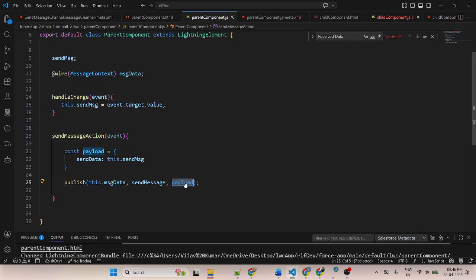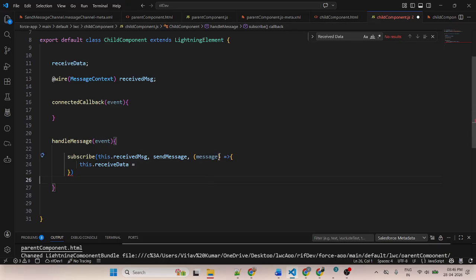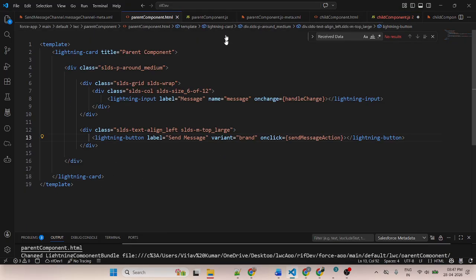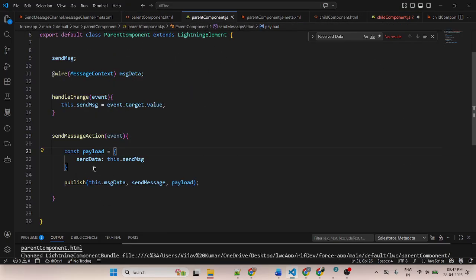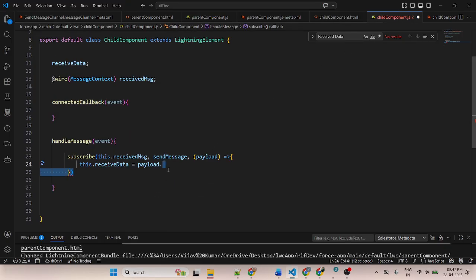So you can use something similar: the object name, dot, the key, send data. This is the object name, this is the key, and this is the value.